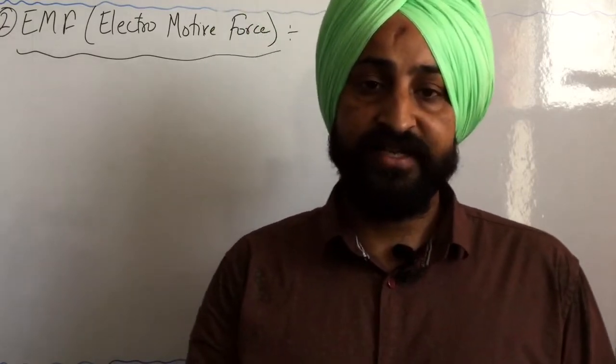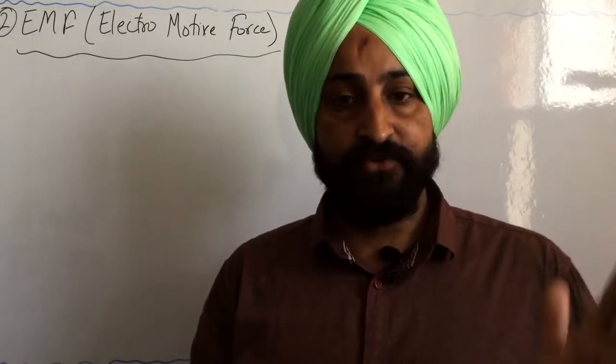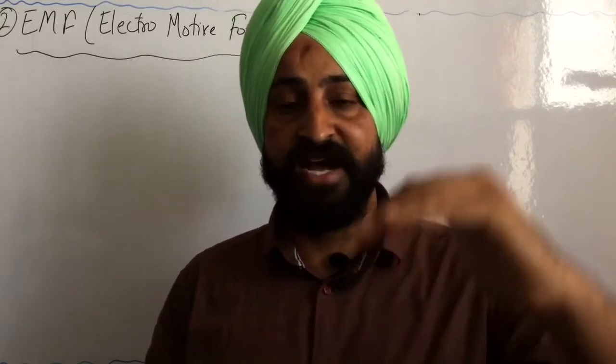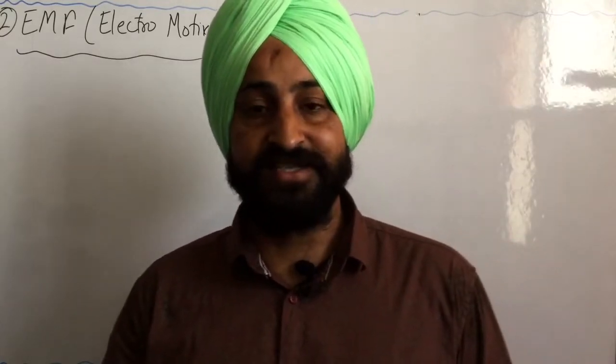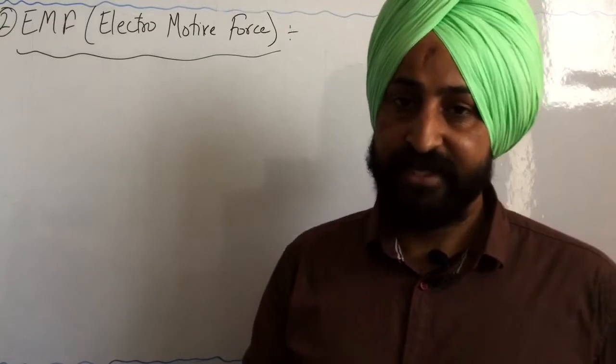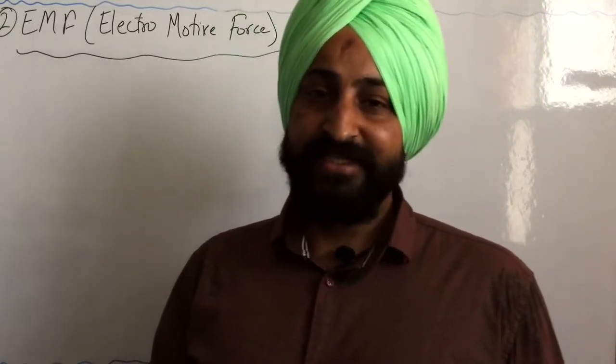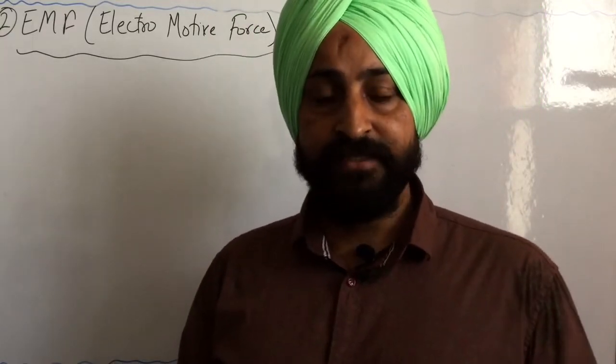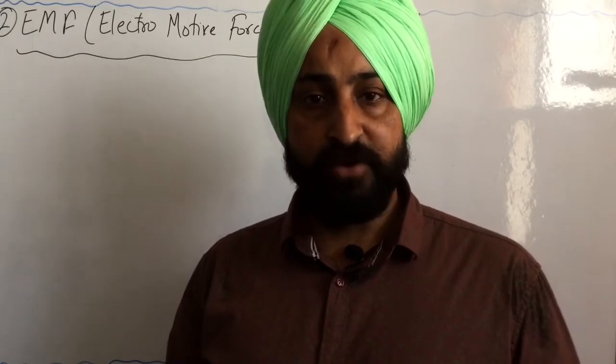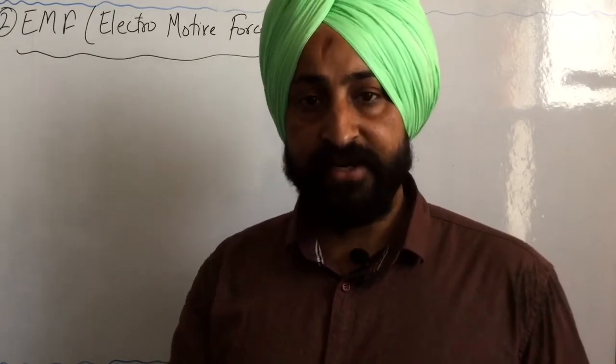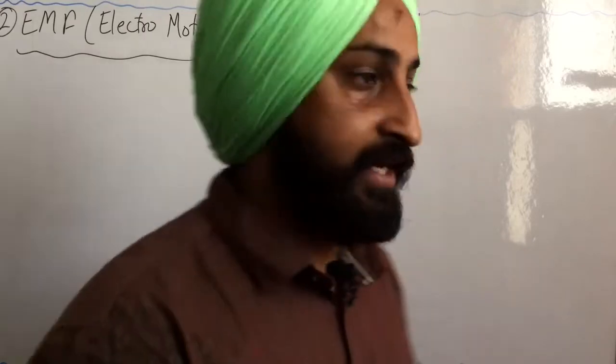So whenever there is a difference of potentials, the current will flow, but current will always flow from higher potential to lower potential inside the circuit. But at the same time, there is a question: what is that force which is keeping the positive plate of the battery positive and the negative plate of the battery negative? Now I will be explaining it with an example.